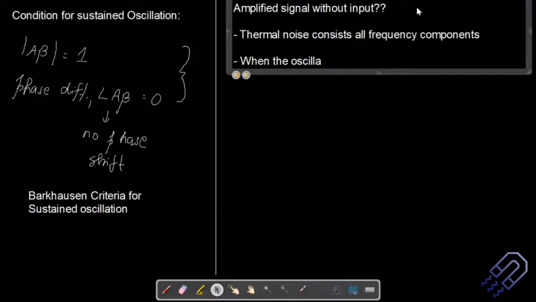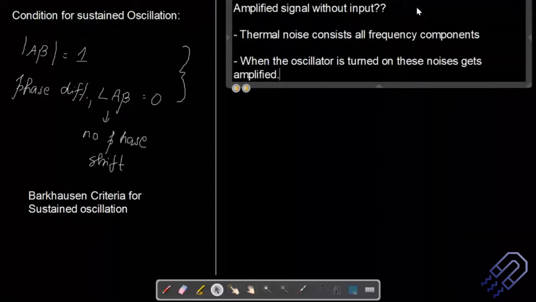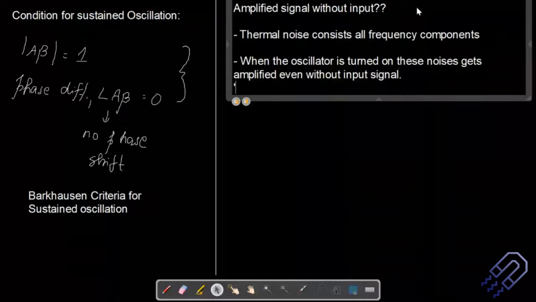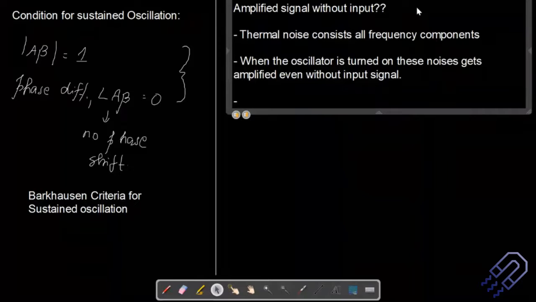So when the oscillator is turned on, these noises that we are talking about get amplified. Okay, because of thermal noise, amplified even without input signal. You have to understand this, even without input signal. So even if you are not giving any kind of input signal, this will actually get amplified. Okay, so this noise, whatever we have, this noise